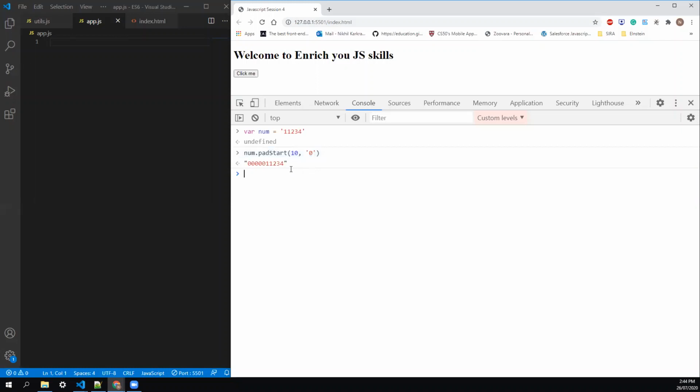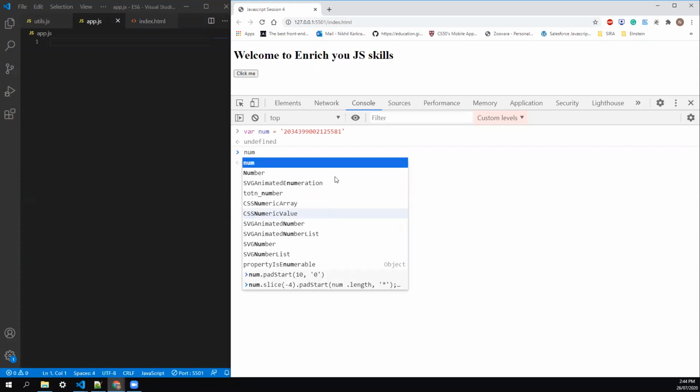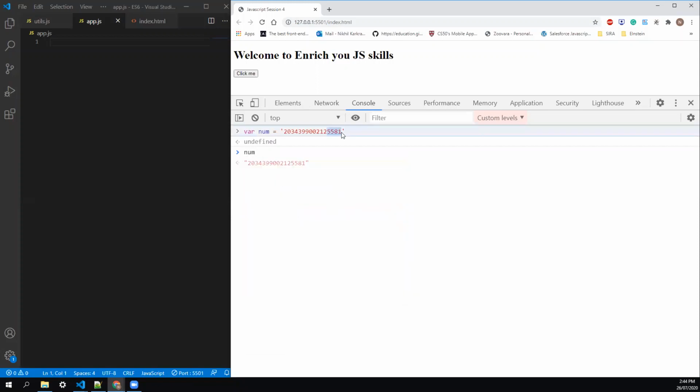In real use cases, we heavily use this method when we want to hide something from your Visa card or any banking application. So let's see a real-time example of this as well. I have a big number similar to a credit card number, and I want the user to see only the last 4 digits, which is what most websites usually show.